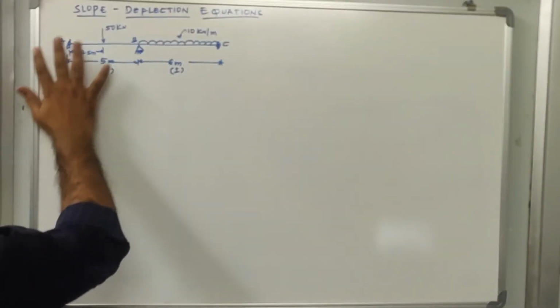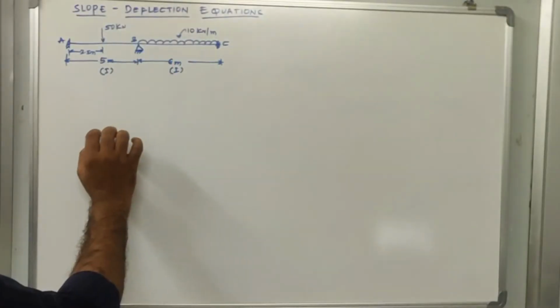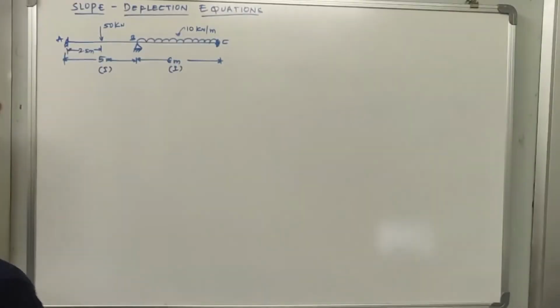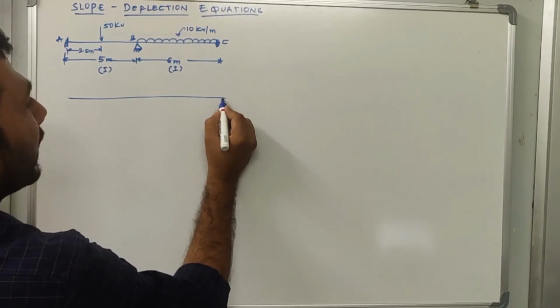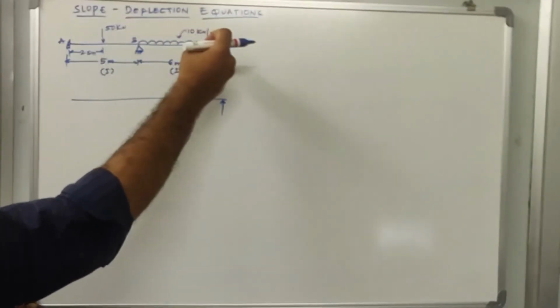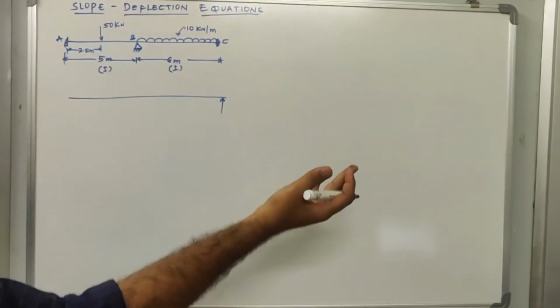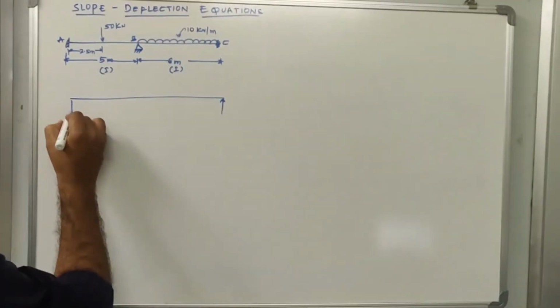Okay, so let us briefly understand the free body diagram of this beam, and we'll try to solve the kinematic indeterminacy and static indeterminacy also. Okay, right. So first we'll take the free body diagram of this. Now I told you that whenever you find a horizontal force, then only horizontal reactions will be generated. As you see in this, there is no inclined force or horizontal force, so there is no horizontal reaction, right? So we will have only vertical reactions, right?